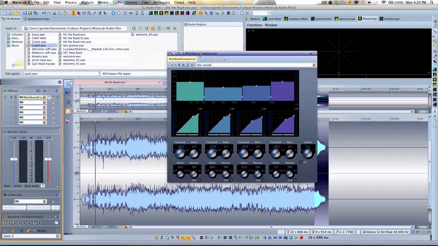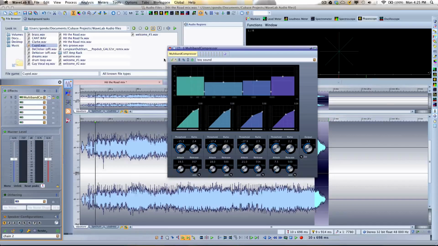So once we do this, now what a multi-band compressor allows you to do is to divide the frequency spectrum into distinct areas. So we have up to 4 areas, and each of these areas can have independent compression. So this way you might be able to make it brighter, but if it's a little harsh, you might be able to compress those bright frequencies. So if we play the audio,